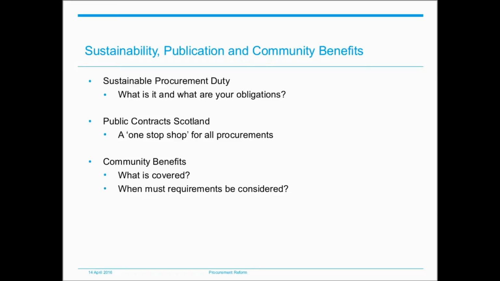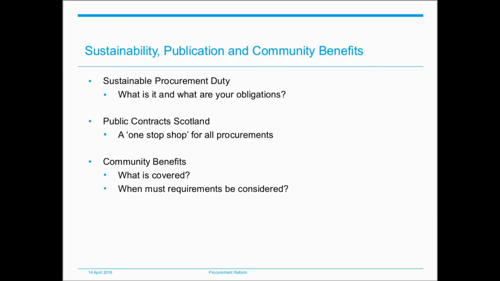One of the other key aspects of the Act relates to requirements for community benefits, and this is covered by Section 25, which provides that specific requirements apply to regulated procurements where the estimated value of the contract is equal to or greater than £4 million. Where this actually applies, the contracting authority must, again before carrying out the procurement, consider whether to impose community benefits requirements as part of the procurement.